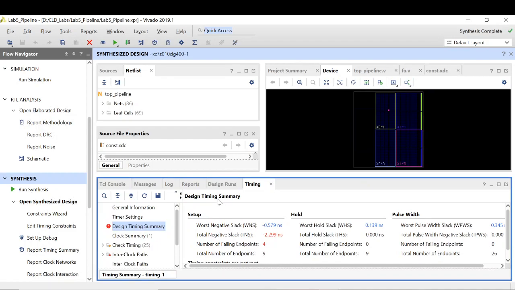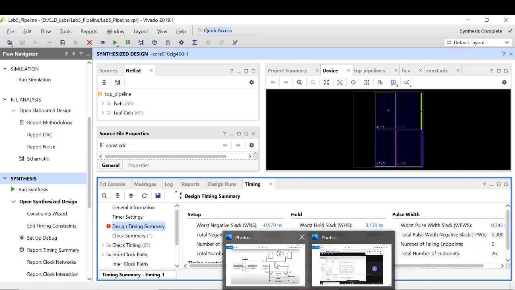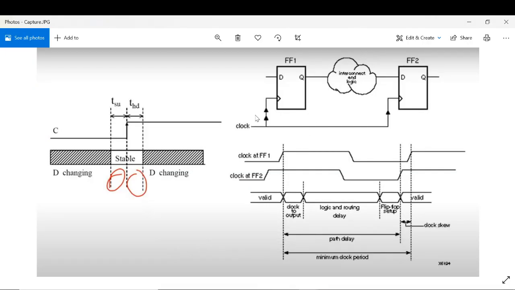Okay, so now this is the design timing summary. There is a term you can see here, the worst negative slack. Similarly, this is for setup, and this is the worst hold slack for hold, right? So what does it mean? Let me tell you in this regard. Ideally, the processed data should arrive at the D pin of the capturing flip-flop at the next edge of the clock. That is, I have a duration of the time period of the clock plus some skew, let's say, right?